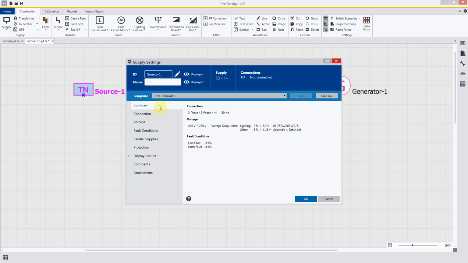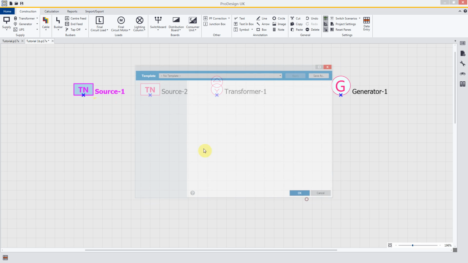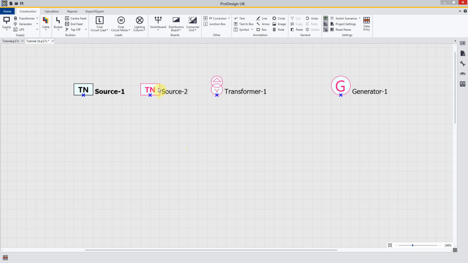But needless to say, we would need to go through and investigate and set all the settings applicable to this source as part of our design before we can show compliance with BS 7671. I'm just going to click OK on that, and I'm going to highlight the second source and just delete